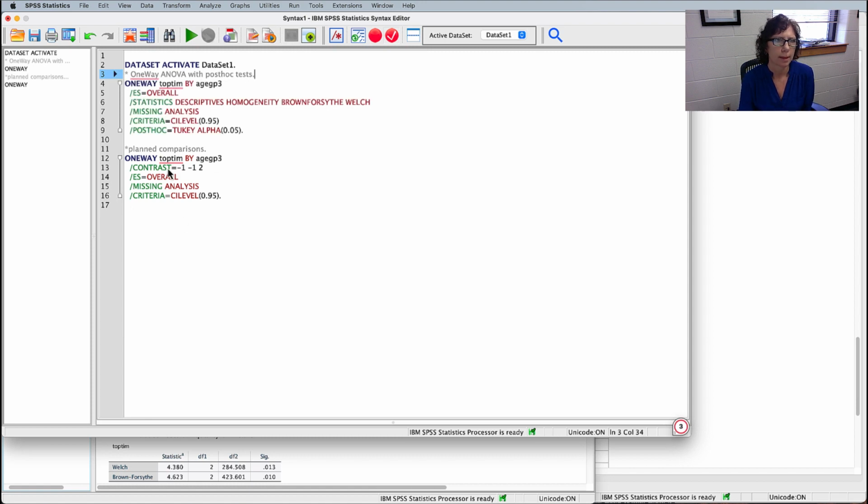Here we're saying we're doing the one way by age group like before, but now we have this line about contrast. And it's good to know that all of this adds up to 0. We're still getting an effect size. We're still getting the other normal information, like how we handle the missingness and stuff like that. So running this,